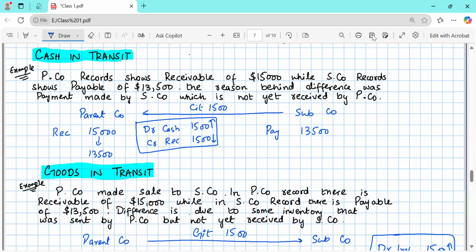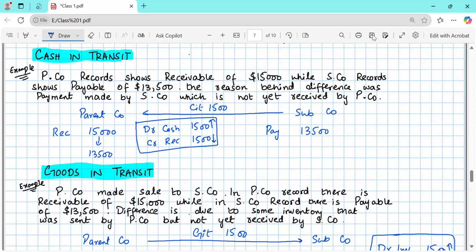So sometimes the examiner will just tell you, let's say in the first example that we did, the cash in transit, that the cash in transit was 1500 and the payable of the subsidiary company was 13,500. Now the intercompany balance in that case is 13,500, right? Because the party which has transferred the cash, their record is correct. So that is the intercompany balance. When the other party receives it and you do the adjustment, it will match with the subsidiary one. So sometimes he will not give you the current account balance of both companies. This is a basic thing, but you need to be aware of that. Have you got my point?